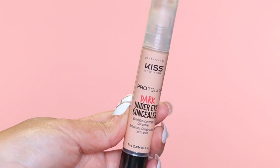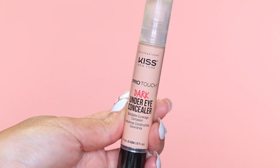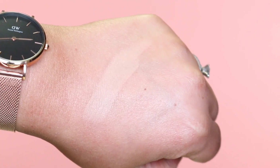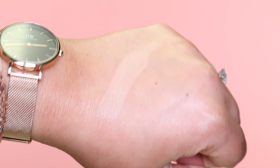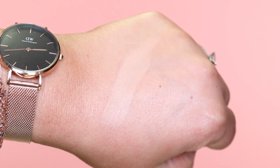And another thing from Kiss that I've been really enjoying is the Kiss New York Pro Touch Dark Under Eye Concealer. And I wasn't sure I was gonna like this when I first got it, and I wasn't sure about the color either, but this is in Classic Ivory, and it's one of those sponge tip applicators like the Maybelline Age Rewind. There is 0.024 US fluid ounces in here, so there's a decent amount. It's super creamy. It really smooths out the under eye area for me, and it just has really good coverage,